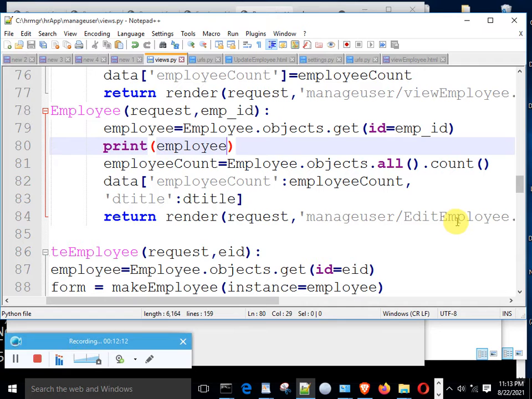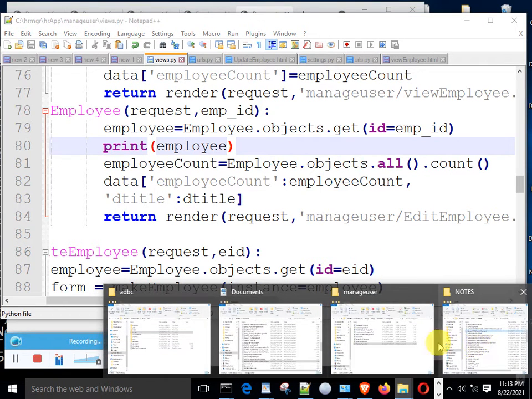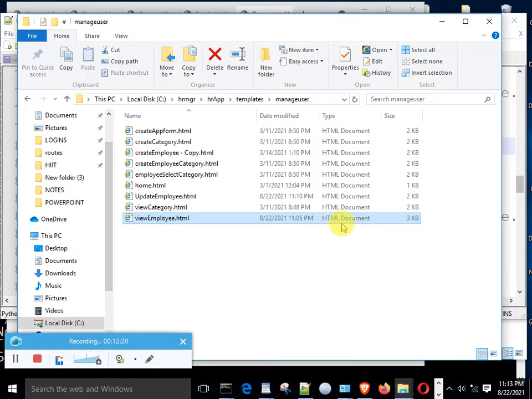So edit employee is actually a form, and when we go into the templates, we need to have edit employee. In order to create edit employee, I'm simply going to say